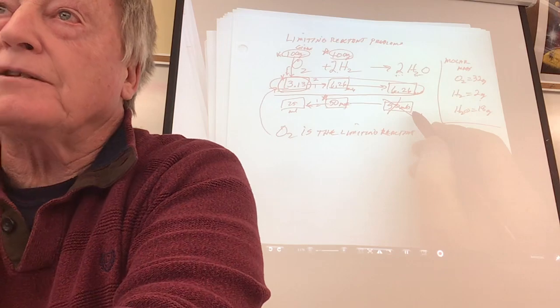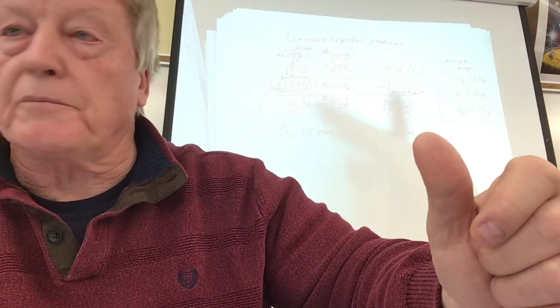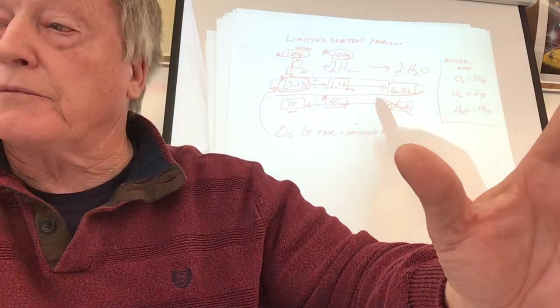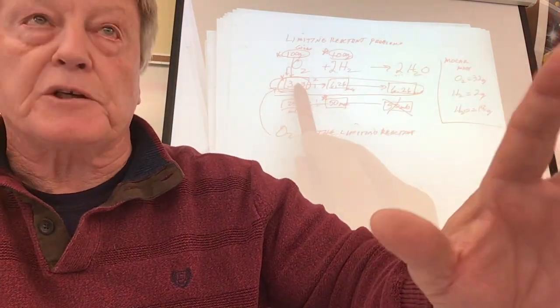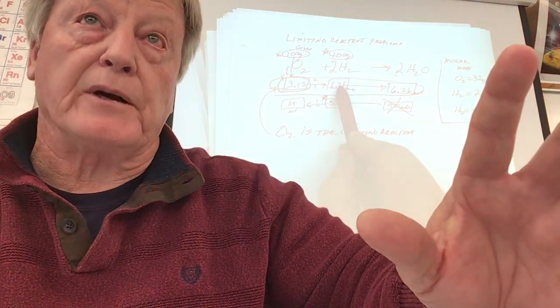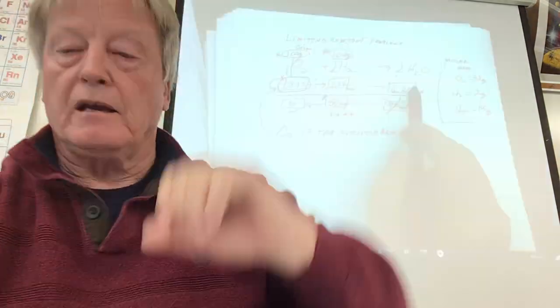You get it? So here one more time. If they give you the grams or the moles of both reactants, you draw 2 rows of boxes. You tell the story both ways. Now here's another way of doing it. I'll show you a shortcut way of doing it. Ready? Say asterisk. I have that much peanut butter. I would need this much bread to use up all the peanut butter. But how do you know how much bread was brought? You go down here, right? I got way more bread than you need. Don't call me the limiting reactant. I'm the one that's in excess. Okay, so therefore, you are the limiting reactant, and that's what's going to happen. All right, and when you get back